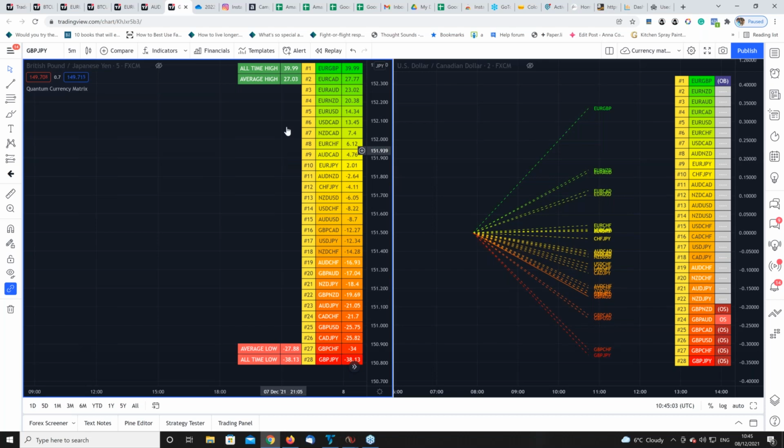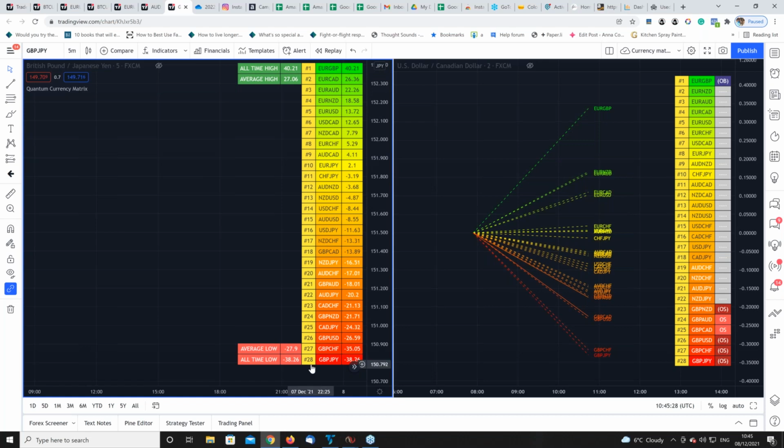And as you can see here, we've got the all-time high and we've got the average here. And bear in mind, this is obviously over the look-back period. This is not forever and a day. This is not over a daily. This is on 5 minutes, so we're looking at this over the last 7 or 8 candles. But it just gives you a perspective on whether that particular currency pair that you're looking at now, rather than a currency, is actually at an extreme. Is it at a point where there is potential for an opportunity?